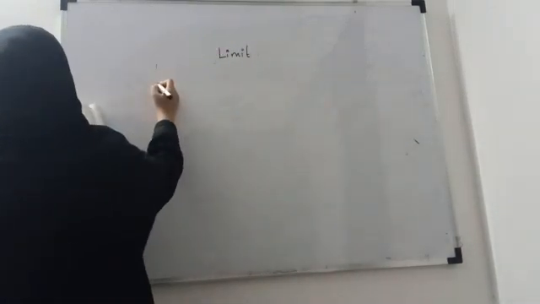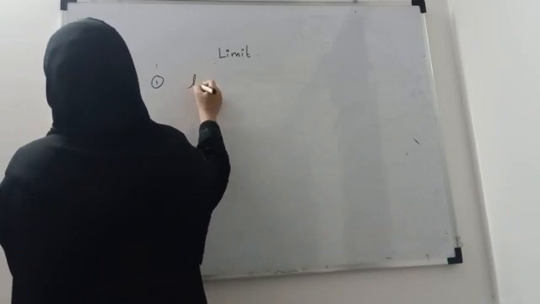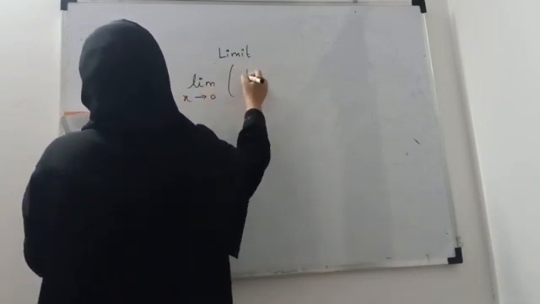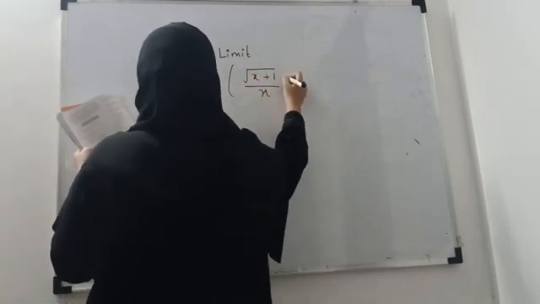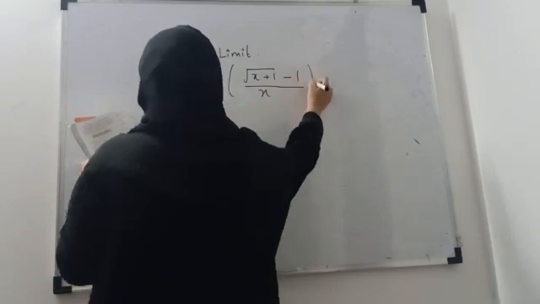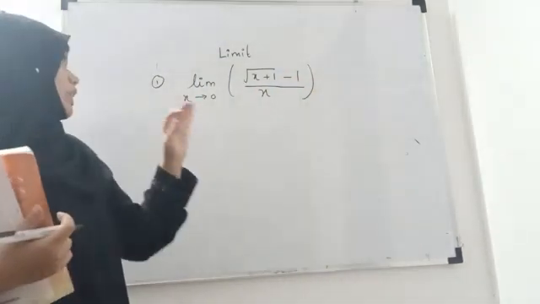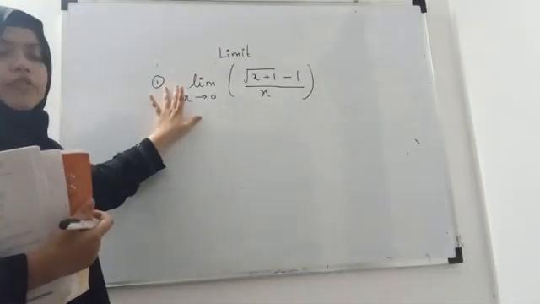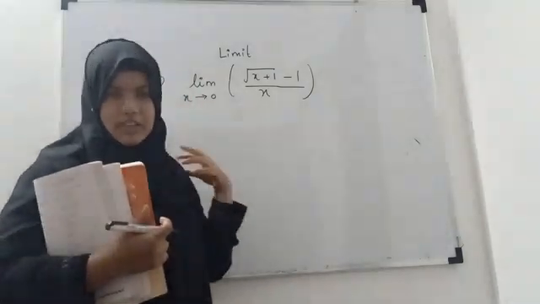So I am doing problem number 1, which is given on page number 142. Evaluate limit x tends to 0 of under root of x plus 1, minus 1, upon x. I have already told you that to find the limit of any function, the first step is always to substitute the value of its limit, right?